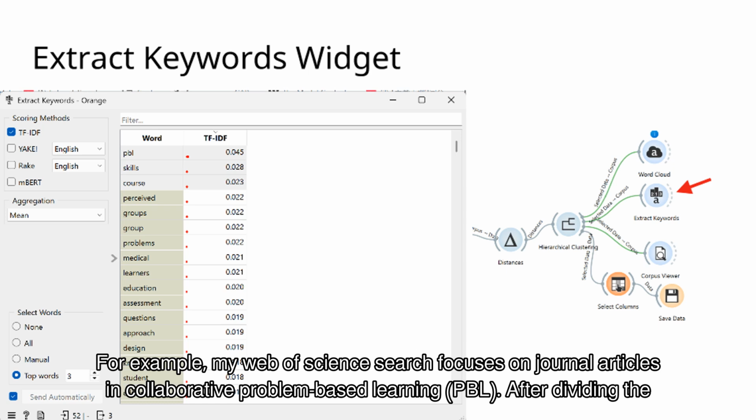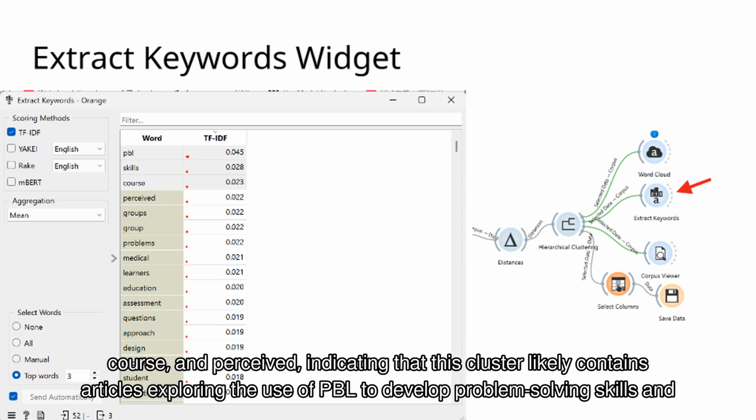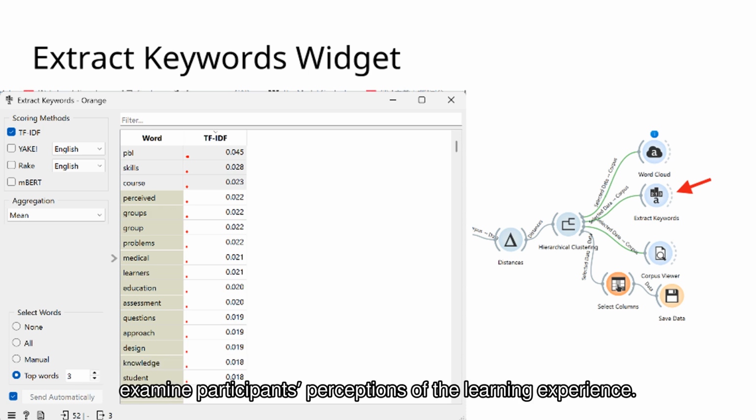For example, my Web of Science search focuses on journal articles in collaborative problem-based learning, PBL. After dividing the collection into 4 clusters, I examined the keyword results for one selected cluster. The top keywords identified were PBL, skills, course, and perceived, indicating that this cluster likely contains articles exploring the use of PBL to develop problem-solving skills and examine participants' perceptions